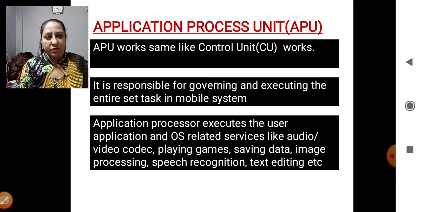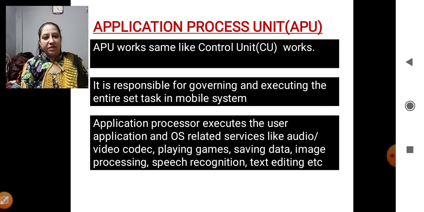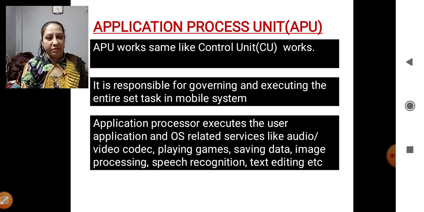The first component is the application processing unit, APU. From the word application, you can get a small idea that it is responsible for the functioning of every application installed. Each and every installed application's working depends purely on the application processing unit.